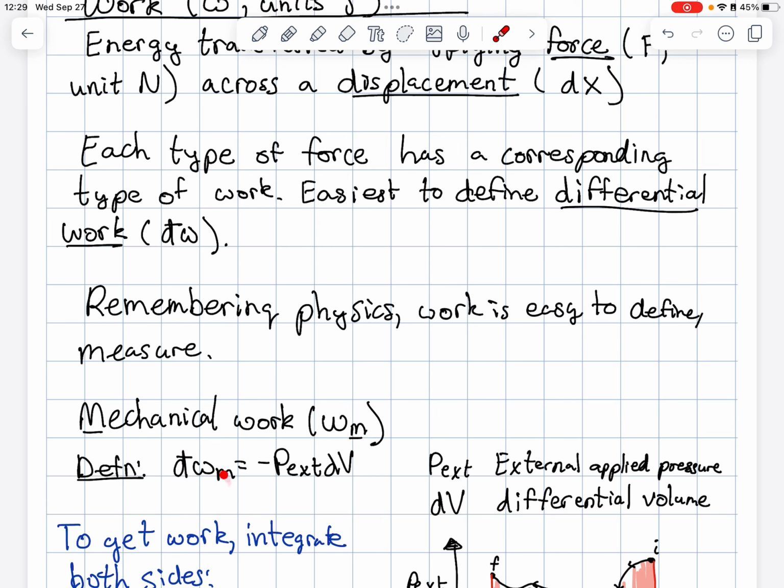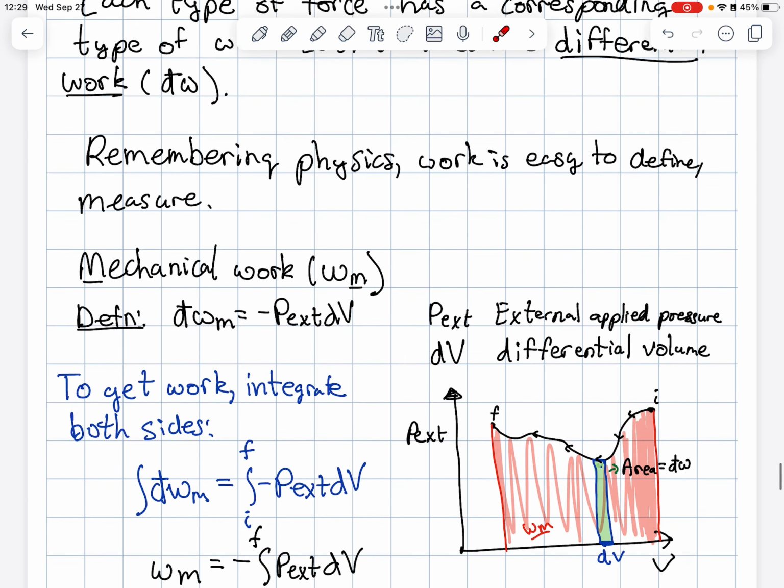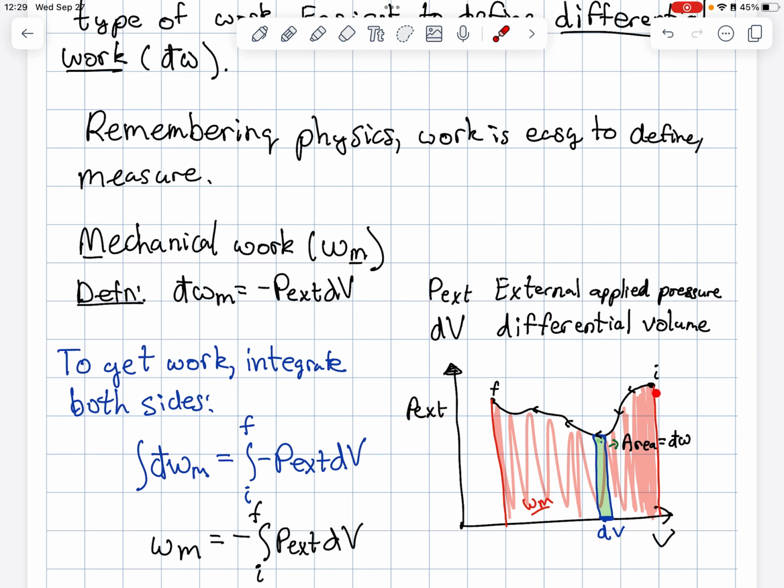Again, to understand what we're talking about here with the d bar work mechanical, there is this sort of graph we can think about. Let's say we have an initial point up here. The external pressure is changing in some way throughout this process. If I take some specific little time here, maybe this little slice right at this initial time, there's an initial external pressure and a very small initial dV. So an initial external pressure and an initial little change in volume add up to a little bit of work,